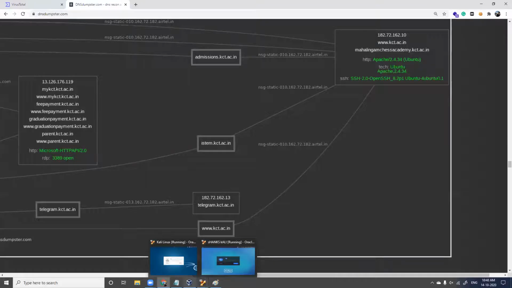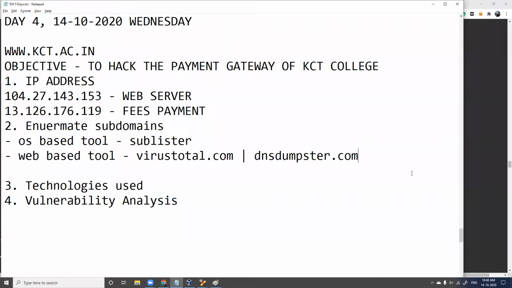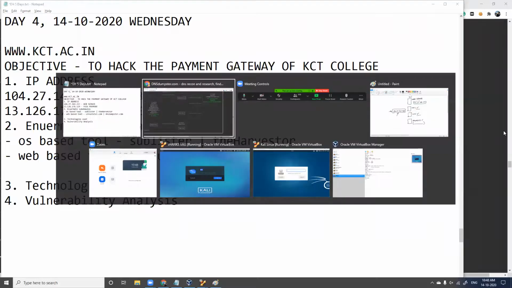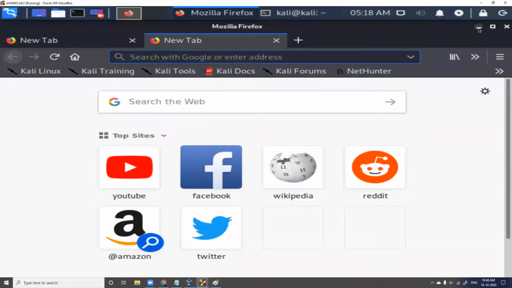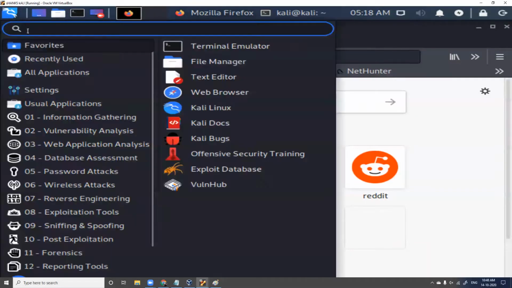Now, apart from this, you also have one more tool which can be used apart from Sublister. You have theHarvester. theHarvester is a Kali based tool. We'll go for Kali Linux, Kali, and in tools, you'll go for information gathering tools.